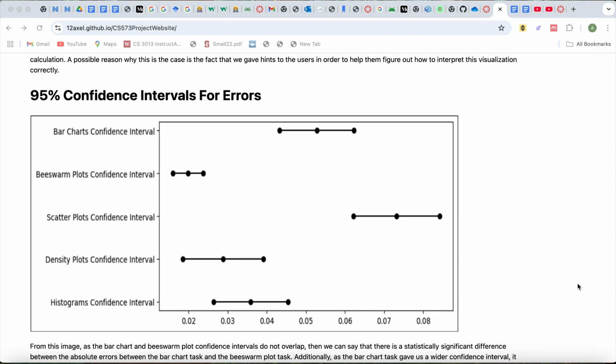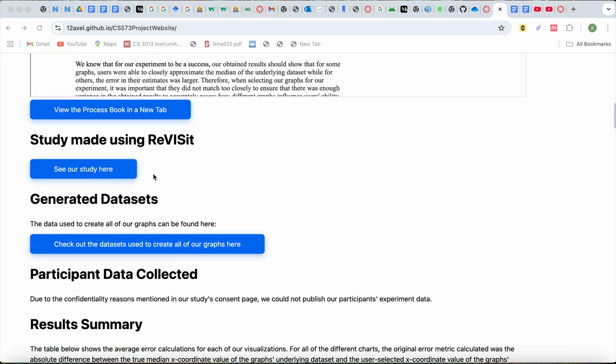The main takeaway of our project was that the way data is visually presented can influence the way that users interpret it and different parameters of it, such as the median of the underlying dataset. Now, to show you a demo of our study,